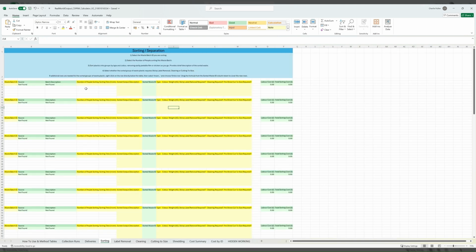So once you've got your waste batches in, then you are going to sort them. So on the sorting separation page, you select the waste batch you're going to sort. So let's select this one. And it automatically brings in what it is. So it came from the fisherman and it's fishing crates. So this will not require much sorting because they're big. So one person to sort. Let's say it took 5 minutes. And the sorted outputs of this batch of fishing crates was a blue fishing crate